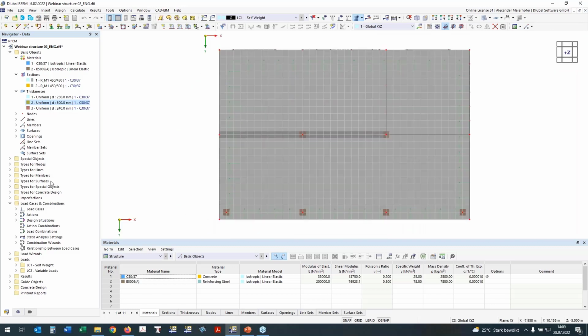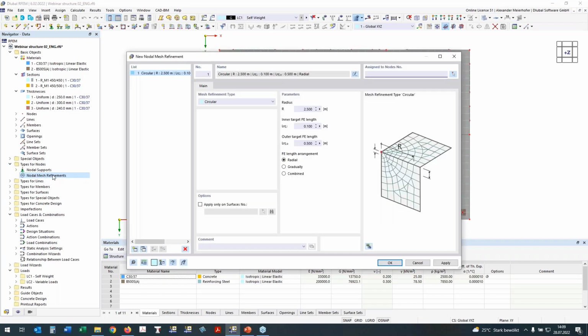FE mesh. For this, I go to the data navigator, where by double click I can open a new nodal mesh refinement, and give my settings there: radius 1 meter, and the inner target FE length is 15 centimeters. It comes from the dimension of the cross section of the columns. For the length arrangement, I use the